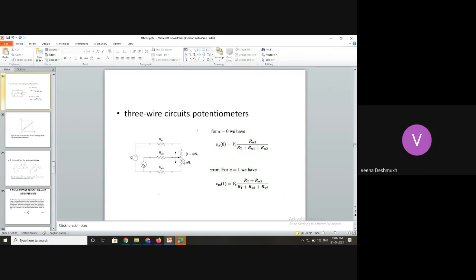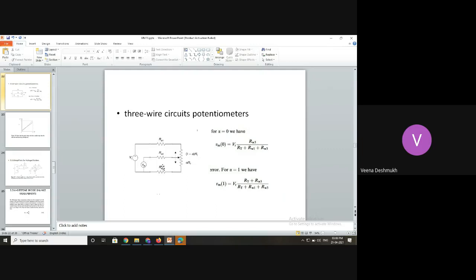Now here you can see the potentiometer as usual with alpha into R the resistance and 1 minus alpha into R the remaining part of the resistance. When the potentiometer is moved, or the movable contact point is moved along this length, naturally this lead wire resistance, which is in series with the VM, also gets added up. So when we measure this voltage VM, this part plus the resistance, this part also is coming into picture.